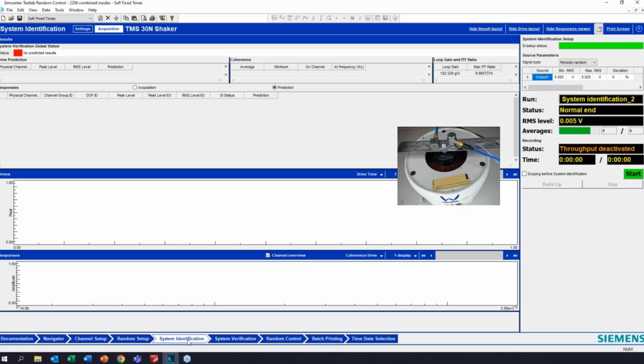Okay. We go into system identification. This was previously known as self-check. And again, system identification and system verification are new to the TestLab 2206 release, replacing the self-check. But there's some pretty neat things that you get out of this system identification and system verification that are pretty unique to TestLab and dead useful. So we'll just hit start here. And you might watch your camera and see